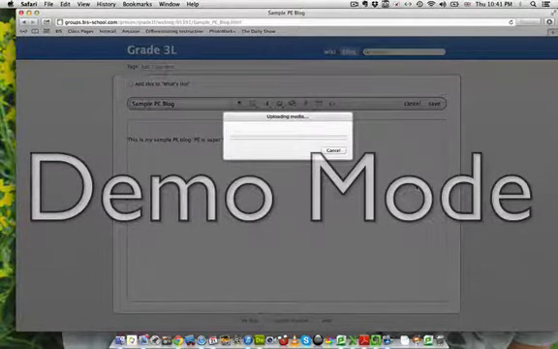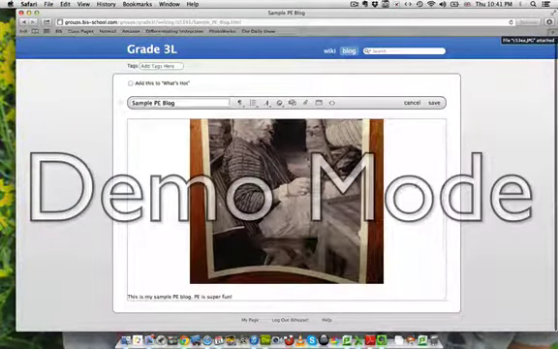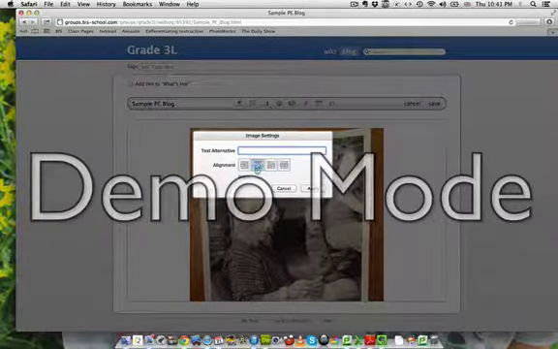It uploads the media. Again, my connection's really slow at home today for some reason. There it is. Okay, it's gone in and put it above the text. If I click on the picture, again, I do have some options here. If I want the text to be on top of or on the bottom of it, if I want the text to kind of wrap around,